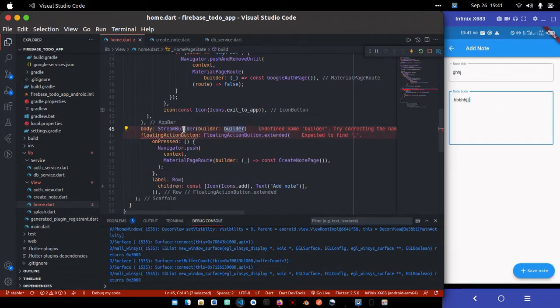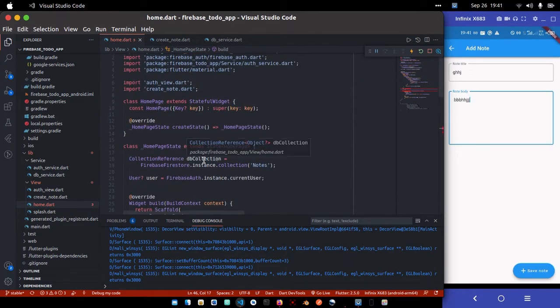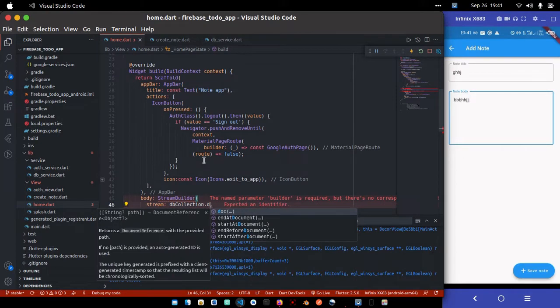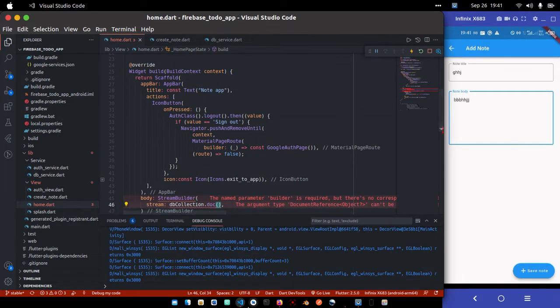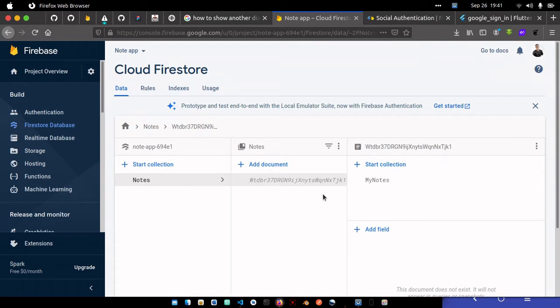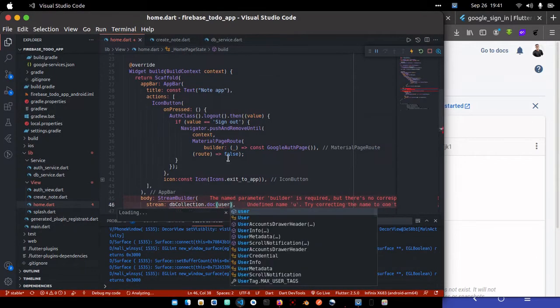and the Stream Builder now takes a builder and also a stream. So the stream basically is going to be coming from this, I'll call it DB collection. So DB collection dot the doc, which is the inner part where this stuff is stored, which is this part. This is the collection. No, this is the collection, and this is the docs. So from the doc, we are now going to get the my notes as well. Okay, so what I'll do, I'm just going to set the doc, which is going to come from the user, which is this user ID. Okay, dot